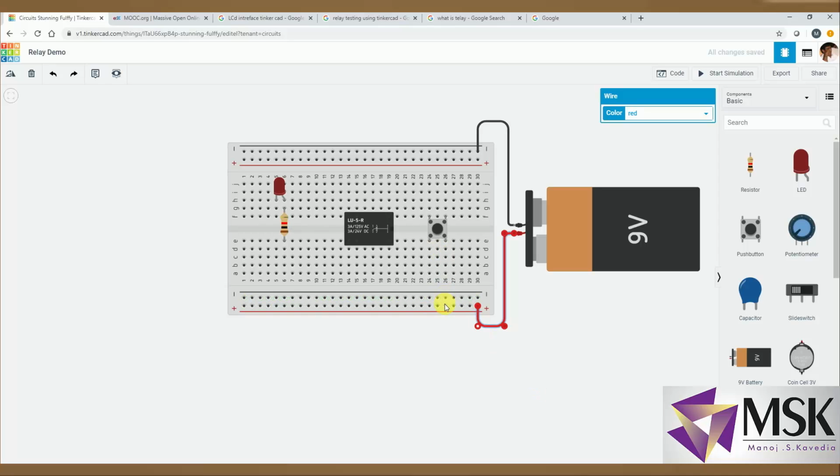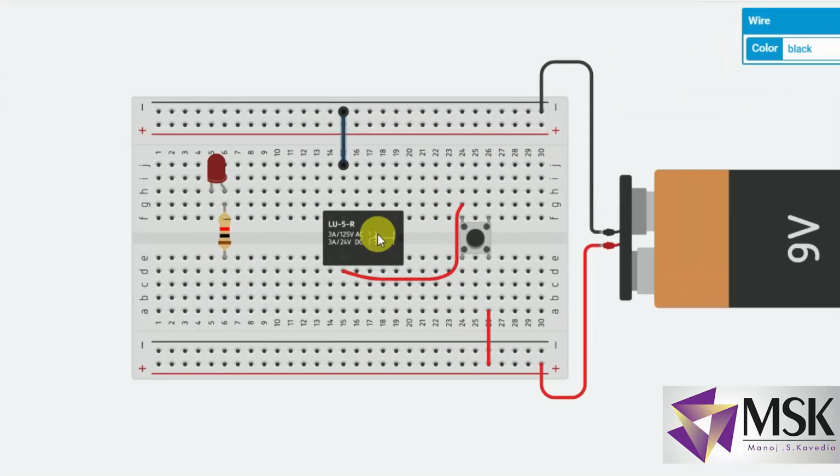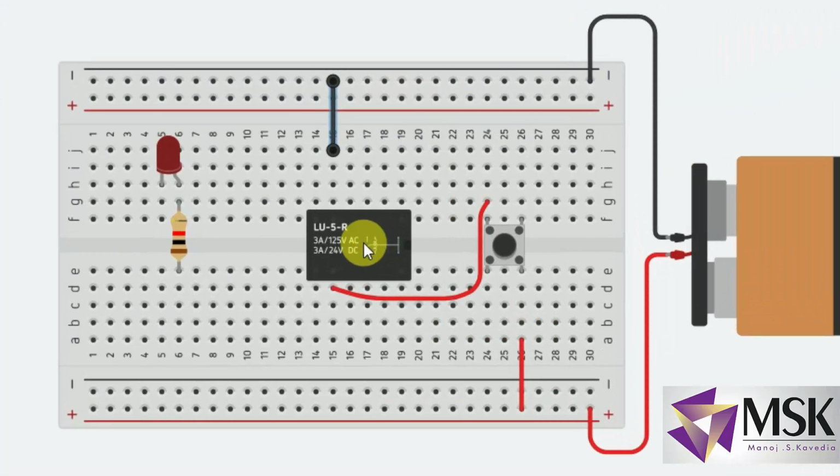Now from here I'll connect the switch. So I've given a positive supply to the input of a switch, and this I'm connecting. So fine, I have given input to the coil. This terminal, that is the other terminal of the coil, is grounded. Black. Now see what will happen when I press this switch. This coil will get energized, and once this coil gets energized, this lever should shift. Let's see.